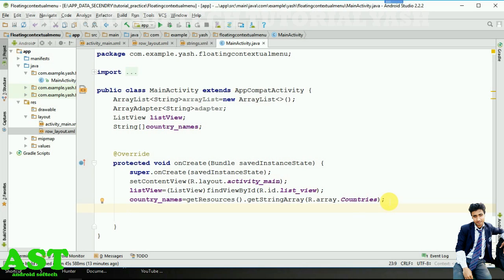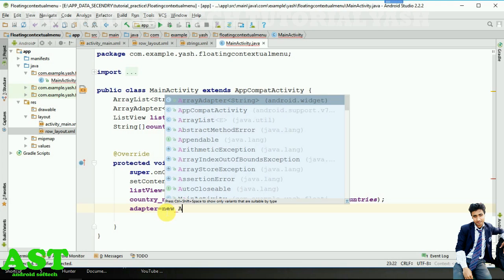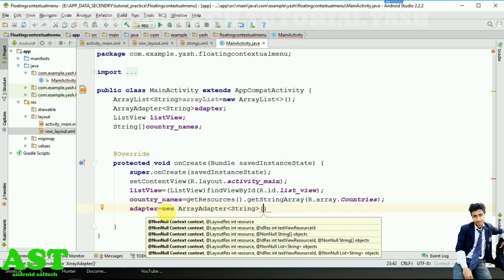So set it now by using the object of adapter. So adapter is equal to new array adapter, and pass the resource. First one, we need to pass the application context. So pass this dot get application context,